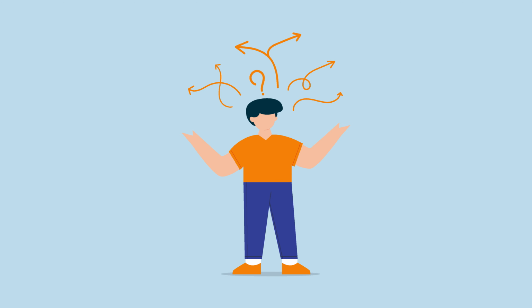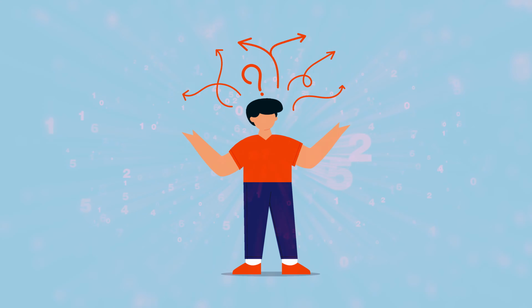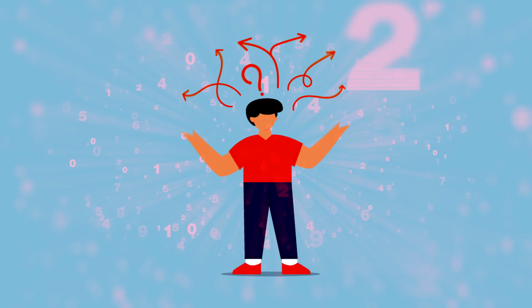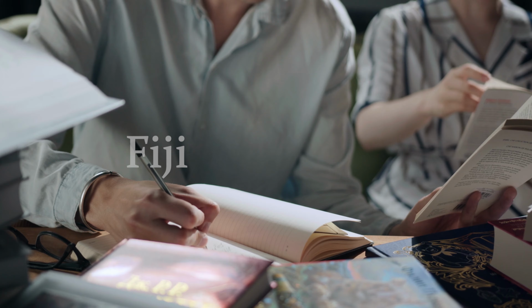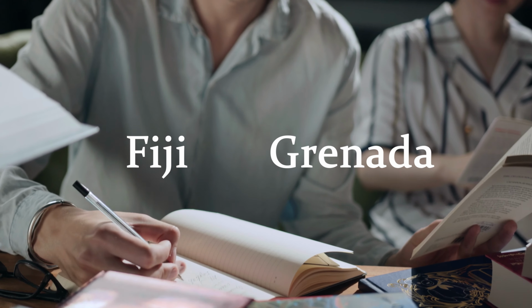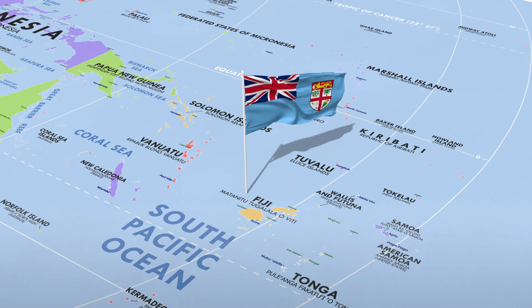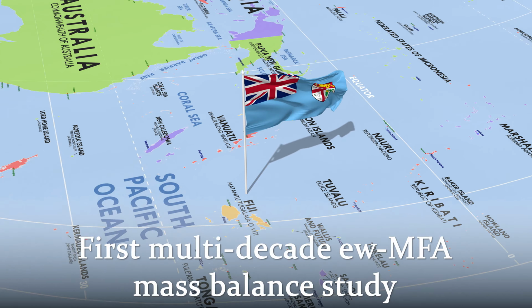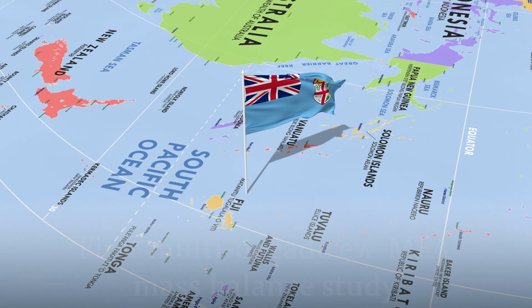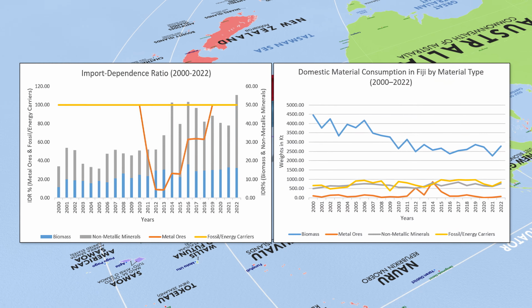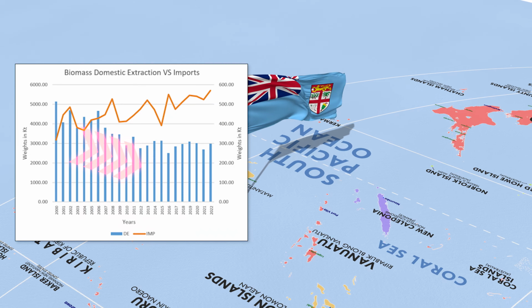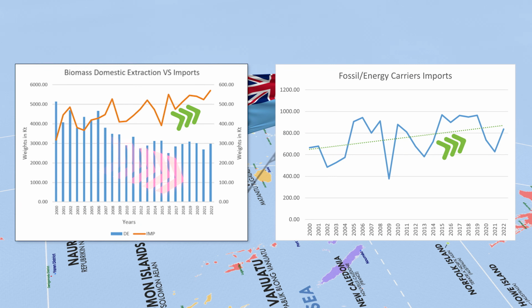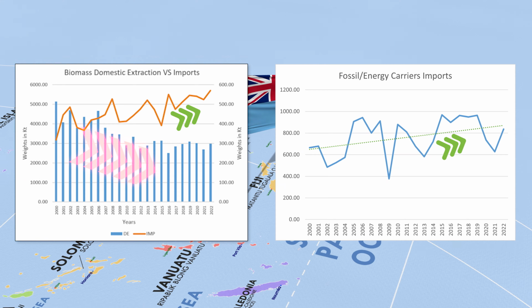Without this step, even the most detailed datasets remain just numbers. Interesting, but not actionable. Take, for example, insights from recent studies of Fiji and Grenada. In Fiji, the first multi-decade mass balance study for any small island developing state revealed how material flows shifted dramatically over 2 decades. Domestic biomass production fell steeply, while biomass and fossil fuel imports surged, deepening the country's reliance on